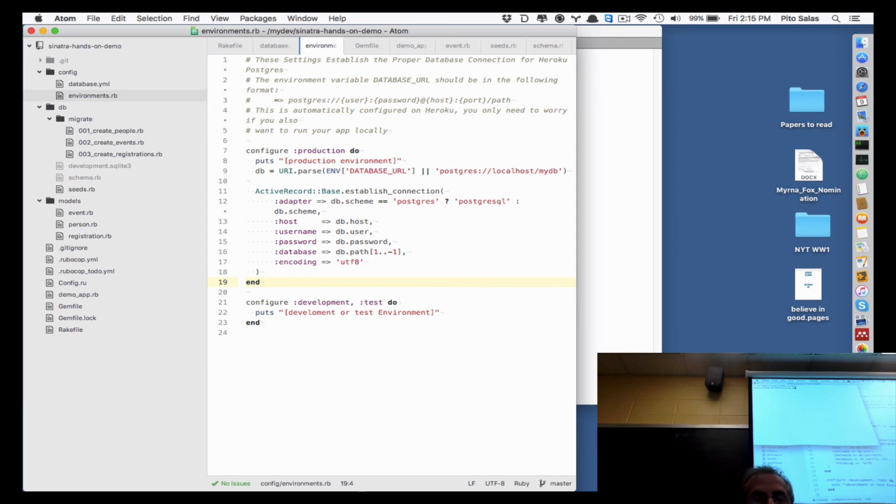And I'm going to do git status. I have to add it. I have to commit it. Added pry. And now I have to do git push heroku master. I don't need to put my updates to GitHub. This is just an experiment. So I'm going to do this. And again,